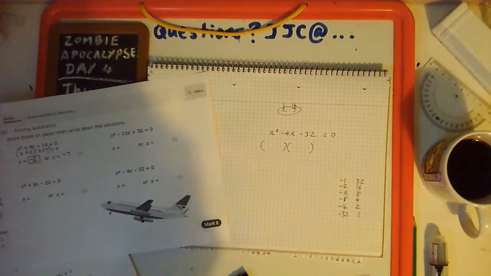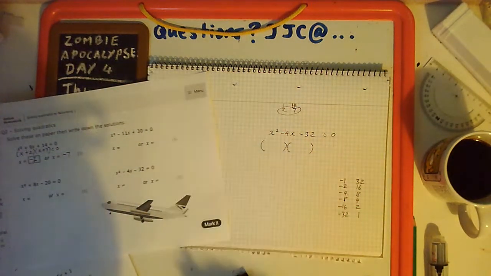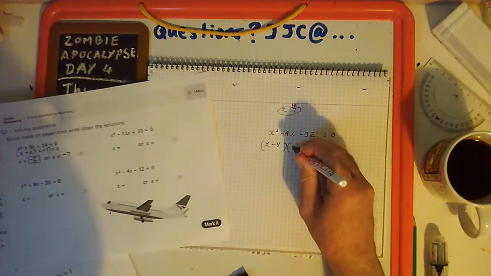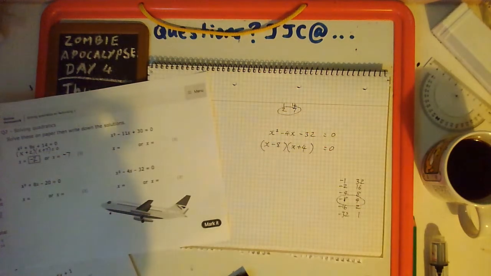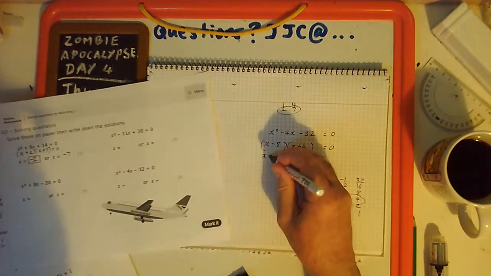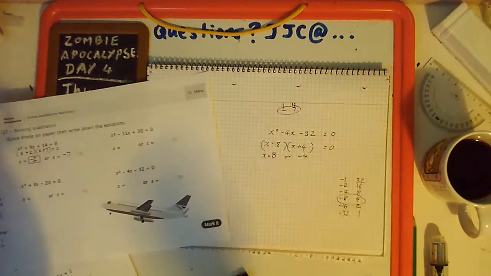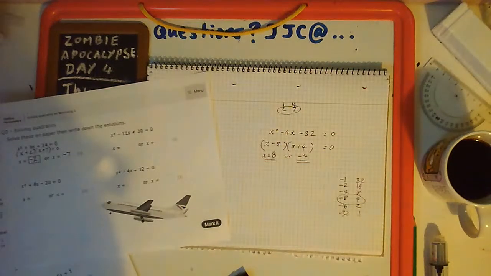So those are the factor pairs of minus 32. And then we need to look at those and see if any of them add up to minus 4. And in fact, minus 8 and 4 add up to minus 4. So in the brackets, we get x minus 8 and x plus 4. So x minus 8 times x plus 4 equals 0. x has to be 8 or minus 4 to make the bracket 0 and to make the whole thing equal